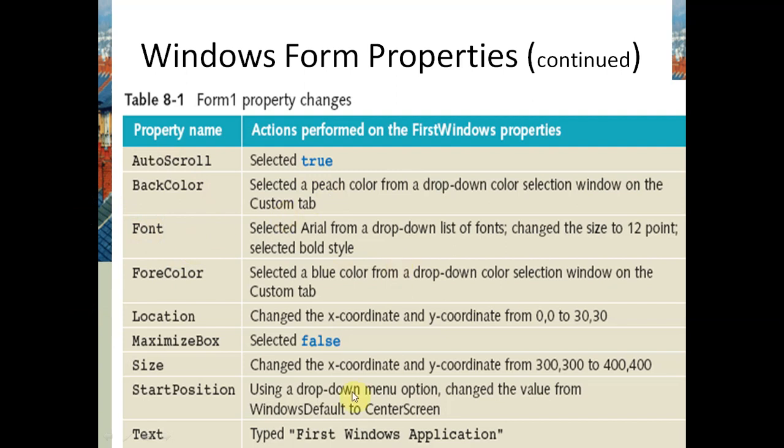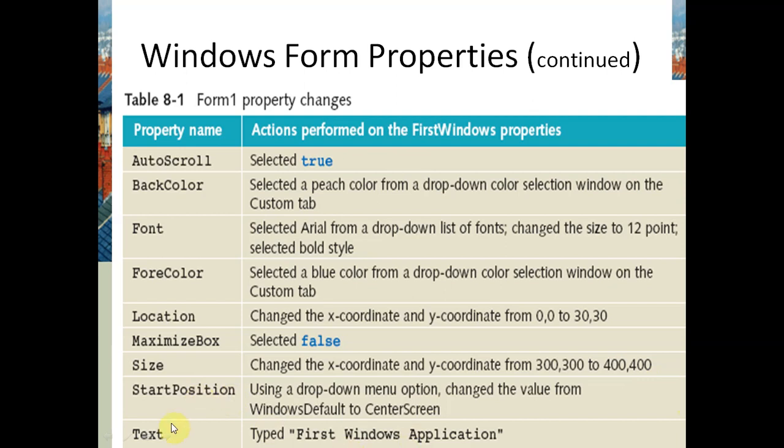Back color of the form, font of the form, fore color of the form, location, where we can change the x coordinate and y coordinate from 0,0 to 30,30. Suppose we change it to 50,50, then its position will be changed accordingly. And minimize box is selected false, so we can choose whether to show the minimize box or not. Size, we can change the size by the x1, y1 and x2, y2